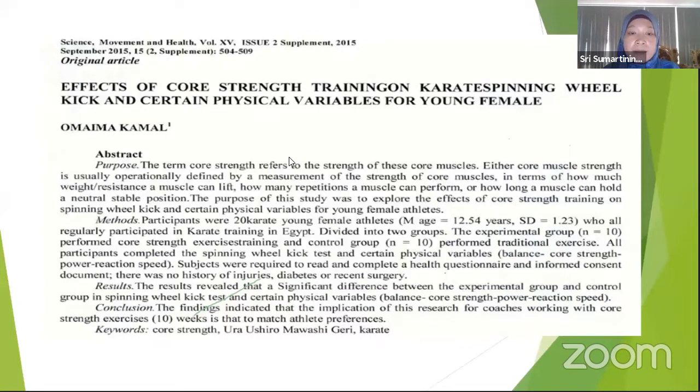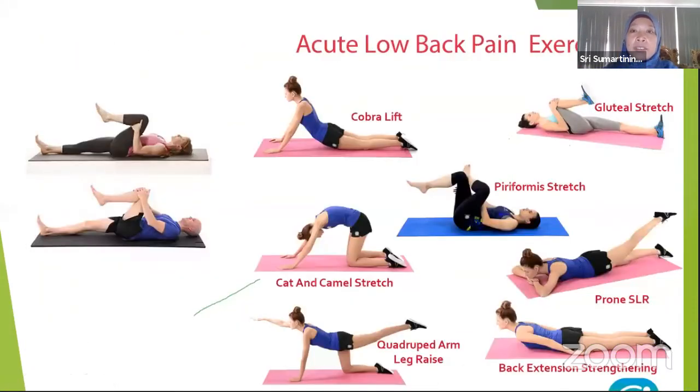And what will you do when you are at home right now? To reduce lower back pain, the easy way is stretching, like bending your knees. This is for piriformis stretching. And you can also do the cobra lift, or you can do the cradle stretch,